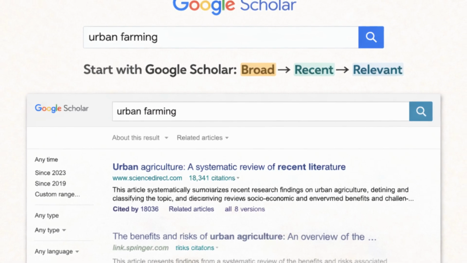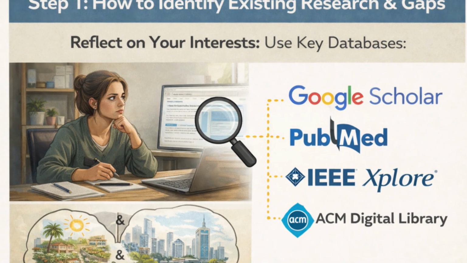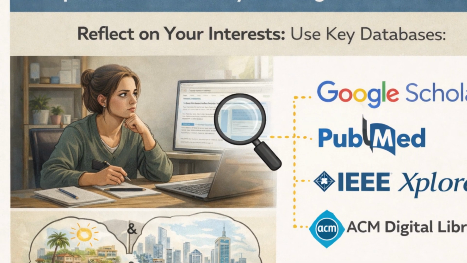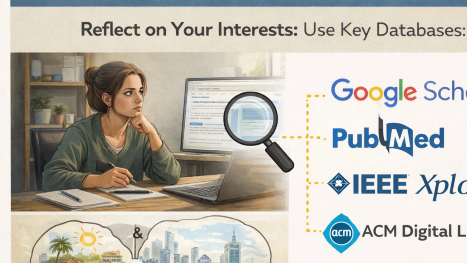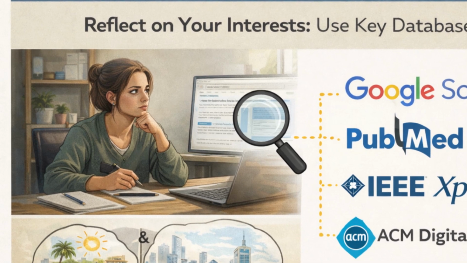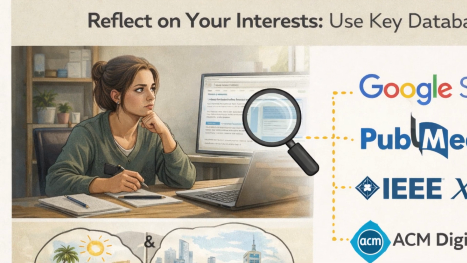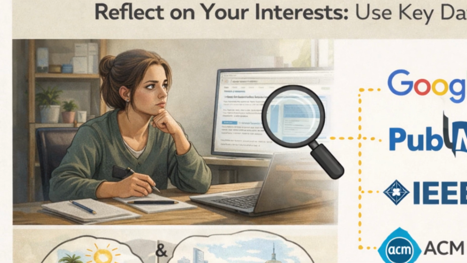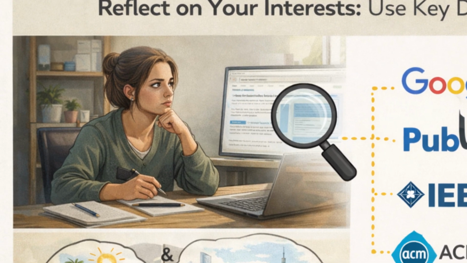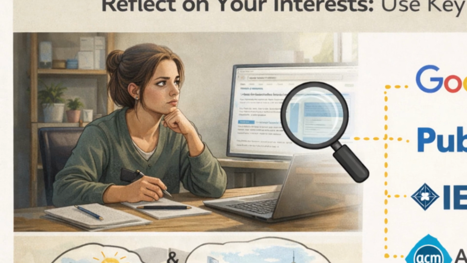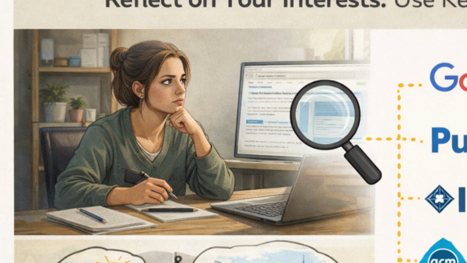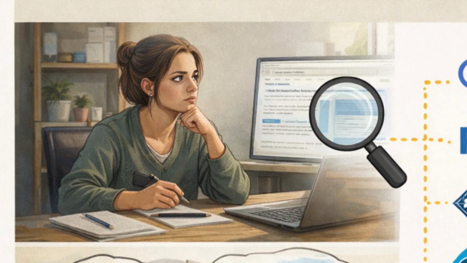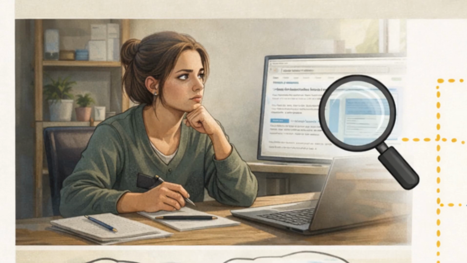In the image above, we see a Google Scholar search being filtered by date, which is a handy way to find the latest studies. Search smart. When you search, try a mix of broad and focused keywords. Start broad to get the big picture, e.g., urban farming. Then get specific, e.g., urban farming humid climate, or urban farming community gardens Kenya. Use quotation marks for exact phrases or Boolean operators AND/OR to refine results. For example, renewable energy AND rural AND Africa could be a targeted search.